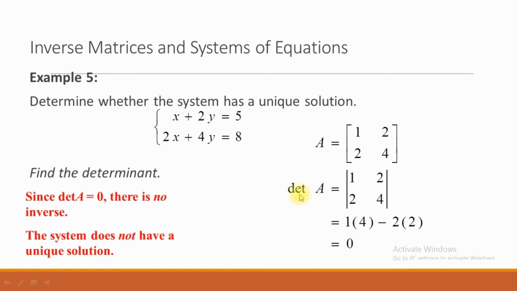The determinant of the coefficient matrix being equal to 0 means that in this system we cannot find the inverse of the coefficient matrix. So the system does not have a unique solution here. Maybe the system has no solution, or maybe the system has infinitely many solutions. It does not mean only that the system has no solution. But dear students, note that when the determinant is equal to 0, then the system does not have a unique solution. Maybe the system has no solution, or maybe infinitely many solutions.